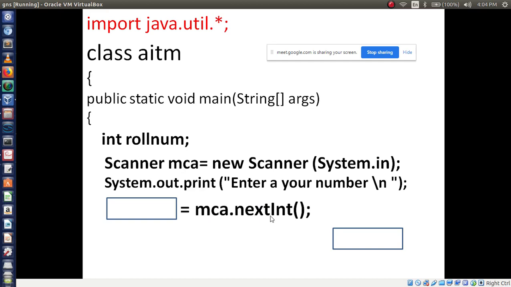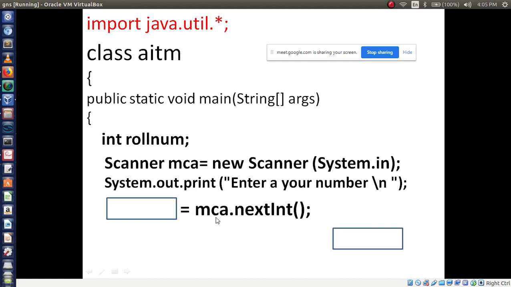What method name am I using? nextInt. Why am I using nextInt here? Because the data type is what here? Integer type. So that's why we have to use nextInt. If it is a string, what should I use? Either next or nextLine. We have to use that method. Is that clear?